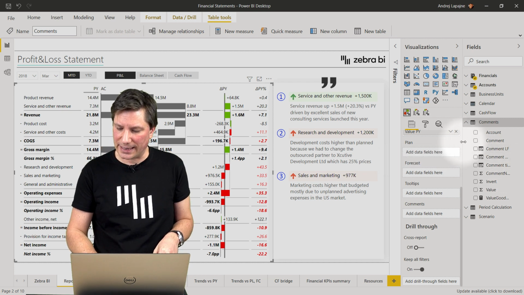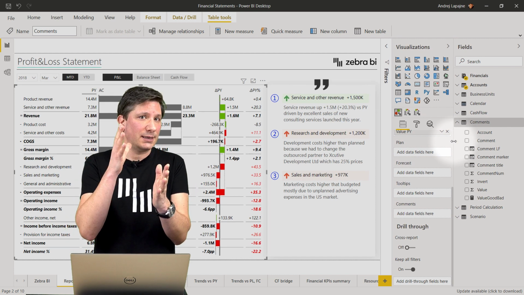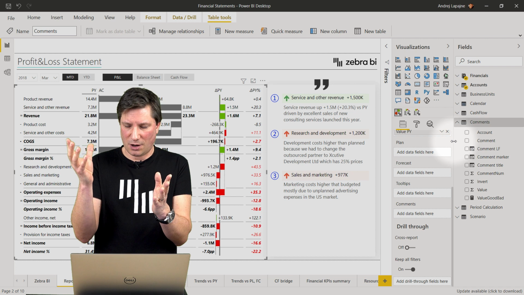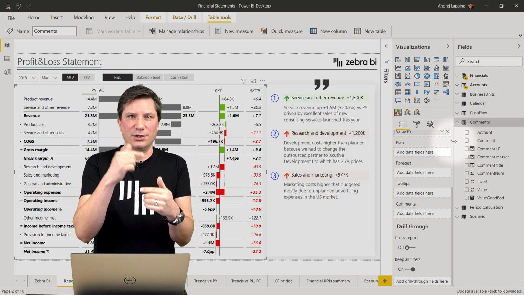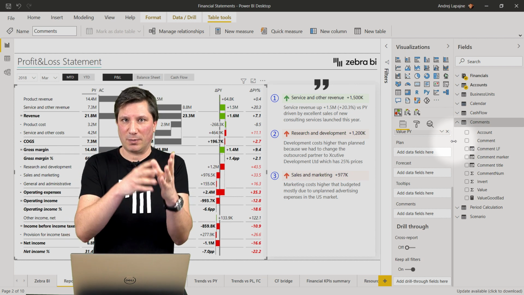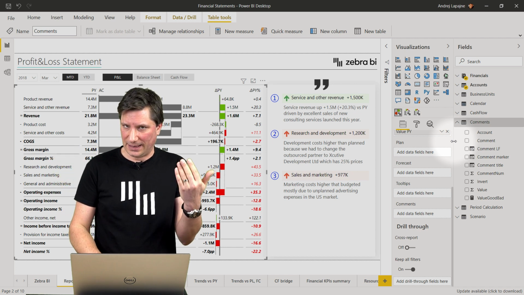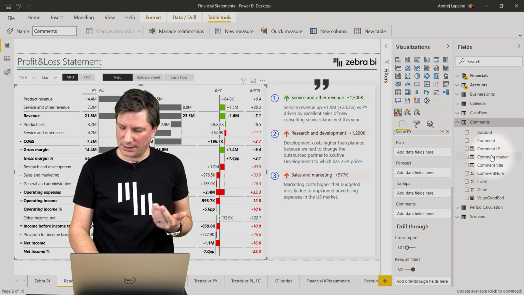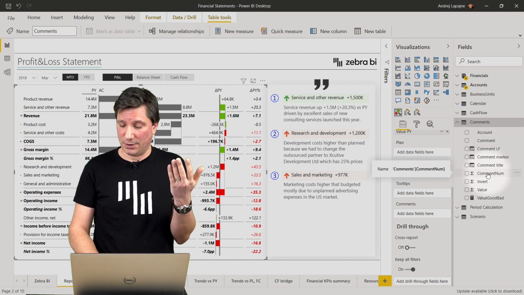So you can actually take a comment number, which is your own sequence for comments 1, 2, 3, 4, for example. You can restart it each month if you have monthly comments, or you can restart it each month and for each business unit, for example, and so on.